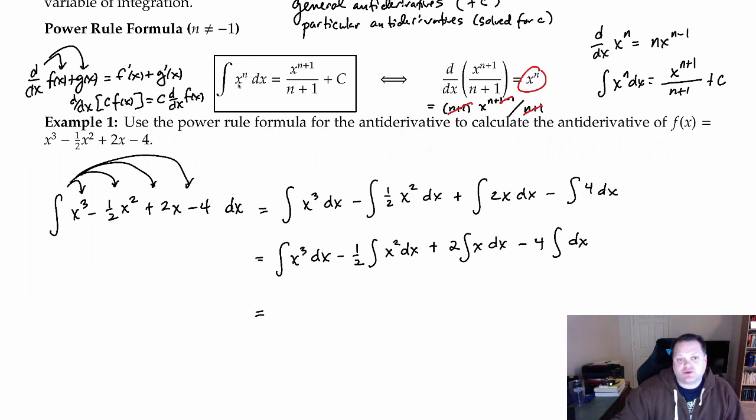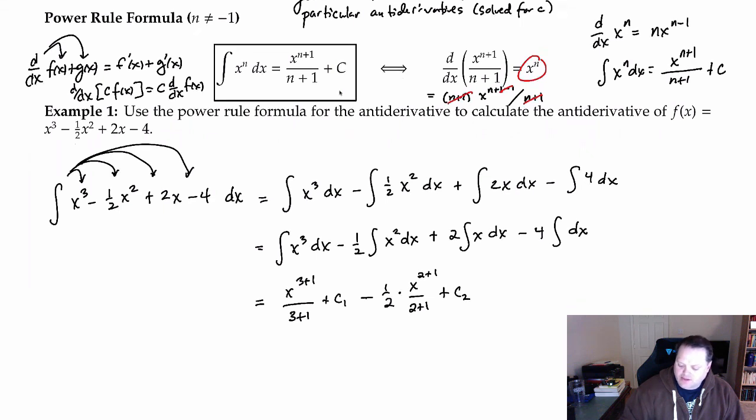We have x cubed, so n is 3. So this is x to the 3 plus 1 divided by 3 plus 1. And here's the thing. I could write a plus c in here, and I'll go ahead and do that. I'll say plus c1. So there's my antiderivative of that first piece. And then the next piece is we're going to get minus 1/2 times x squared will be x cubed divided by 3, right? I guess since it's the first example, I'll show every little thing. This would be x to the 2 plus 1 over 2 plus 1, plus it has its own constant, we'll call that c2,